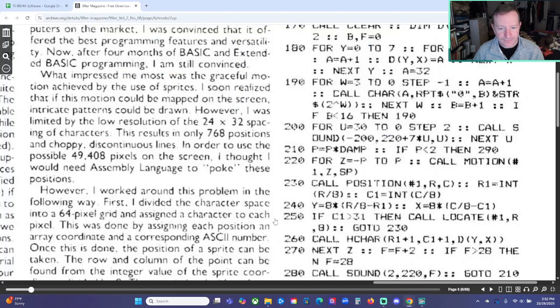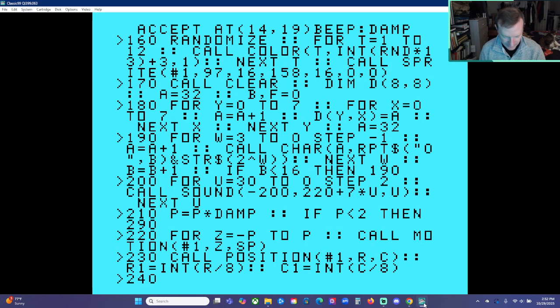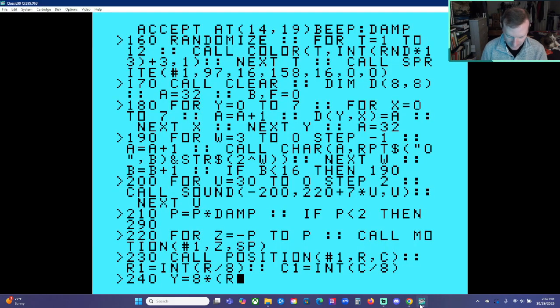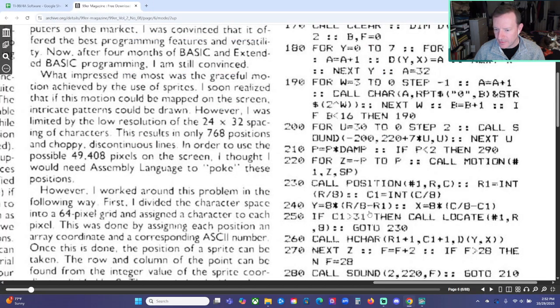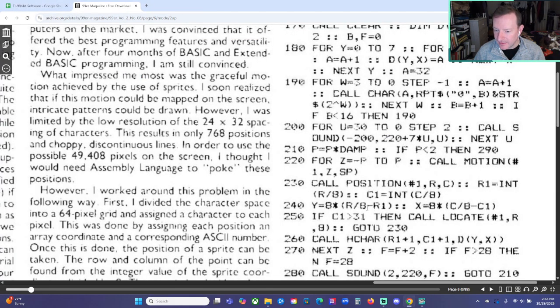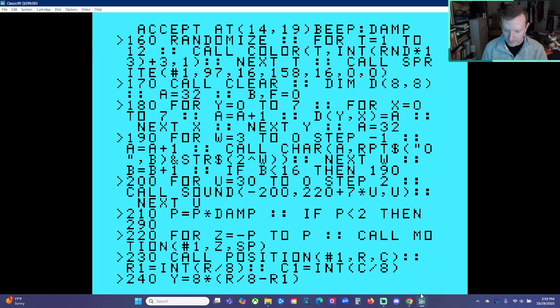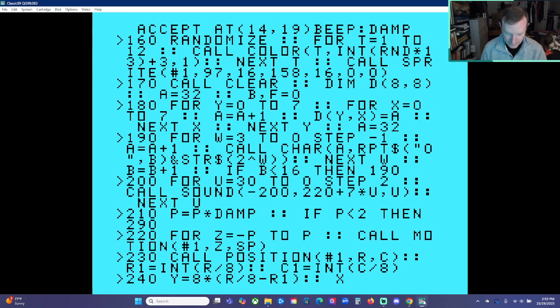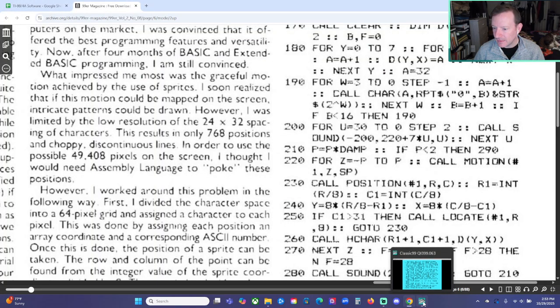240. Y equals 8 times, parentheses, R divided by 8 minus R1. R divided by 8 minus R1, more accurately, just to emphasize the right thing there. That looks good. Then colon colon, space, X equals 8 times